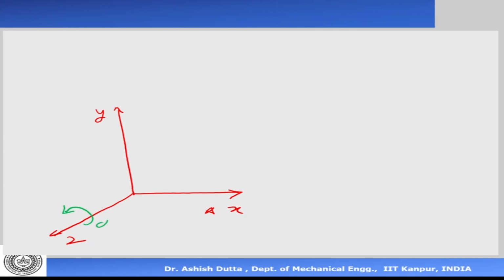For example, we have a coordinate system like this. Let me say this is my x, y, and z. So this is my x, that's my y, and that's my z of frame A. The first rotation that I'm going to give, maybe there's another frame which is frame B. Frame B is rotated about the z-axis by an angle alpha. So what happens to frame B? This fellow comes here. This is my angle alpha, x dashed is here, and y dashed is there. Now I have rotated about the z-axis.